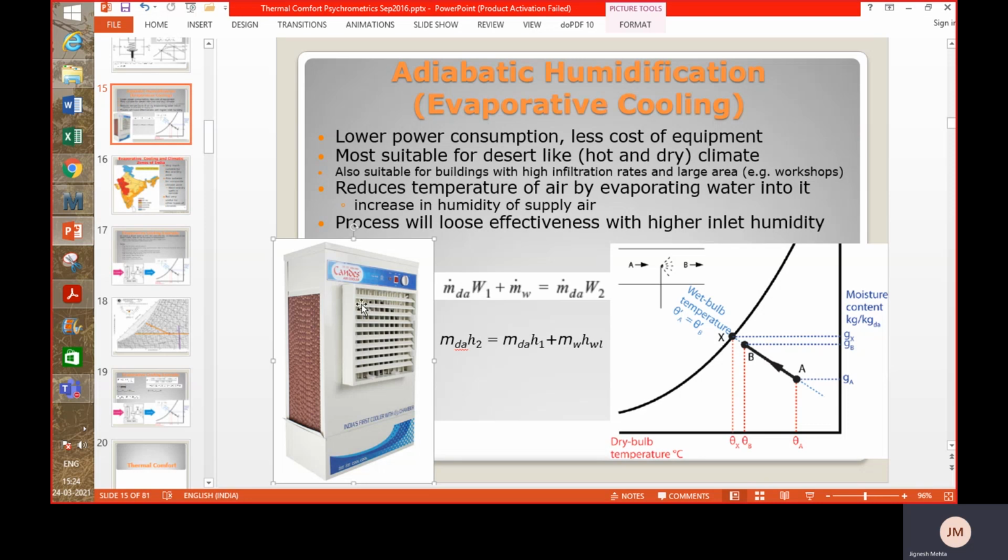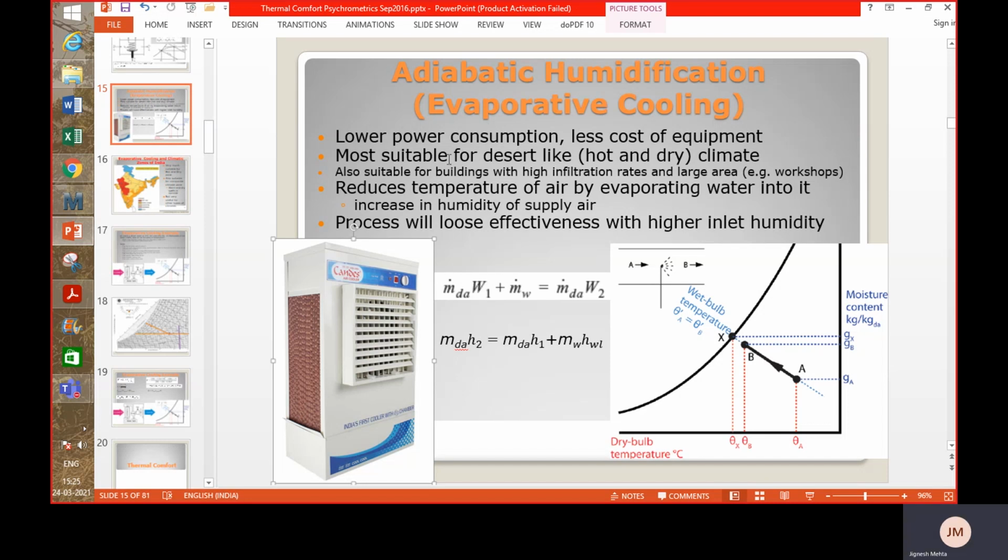Now this is the onset of summer, and you might find this device being sold in various shops, and it provides you cooling by evaporating water into air. There is a pump in the water tank provided here, which creates sprays of water, and it wets the media here, and there are channels through which the air passes, and in this process the temperature of air reduces, and such air is delivered for human comfort.